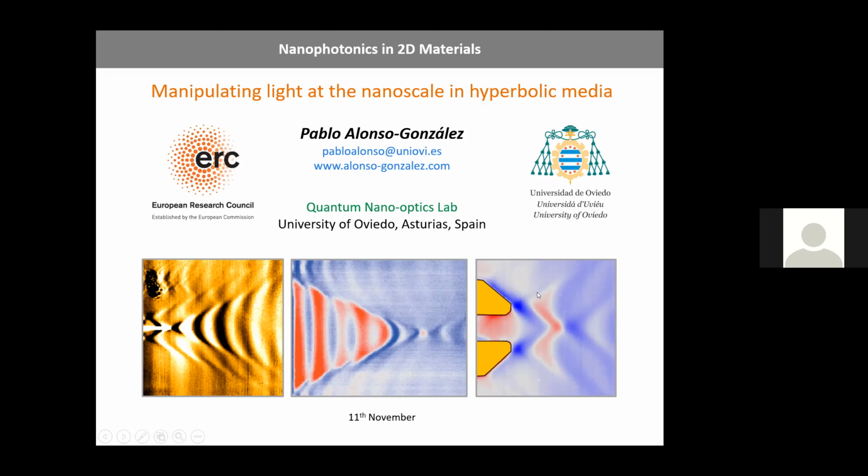And in this case, we are also doing focusing, like you can see here, a spot. But in this case, it's not based on a lens like this one, which is based on refraction, but on a launching or antenna effect from this kind of metal pads that are here, but also can give us really tiny spots. So, as the title says, we can manipulate light at the nanoscale with this media, right? So we can do some functionalities like lensing or focusing, which open some possibilities to do nanophotonics